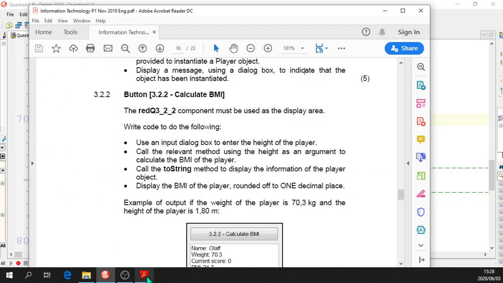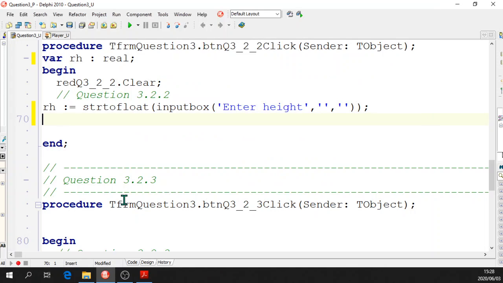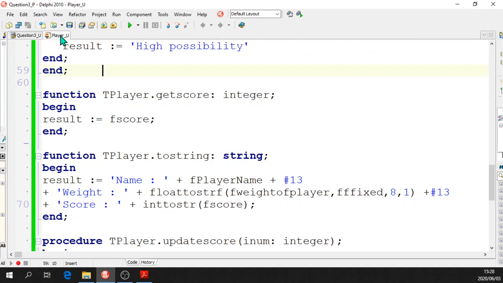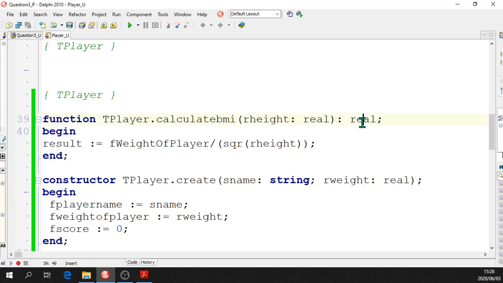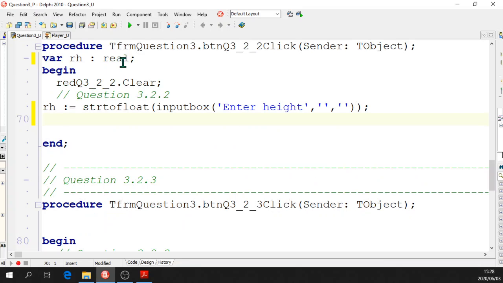RH, or height. Call the random method using the height as an argument to calculate the BMI. So we've got to calculate BMI, which means we're going to call the relevant method in our class definition, this one, this file. Calculate BMI returns a real value, and it's a function, so we have to call calculate BMI on the right hand side, and we have to have a variable that's going to hold that value. So I'm going to make a variable here, another real value. I'm going to call it RBMI, and then we do this, we say RBMI